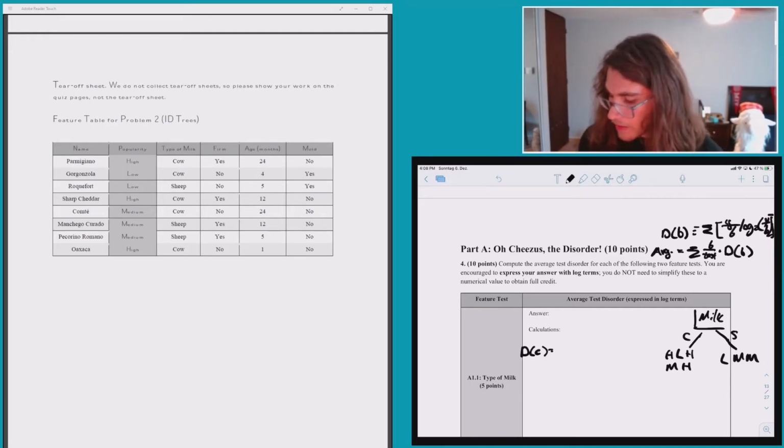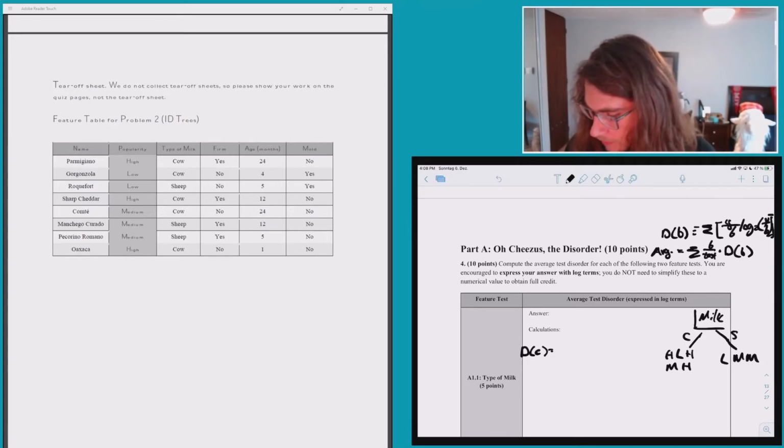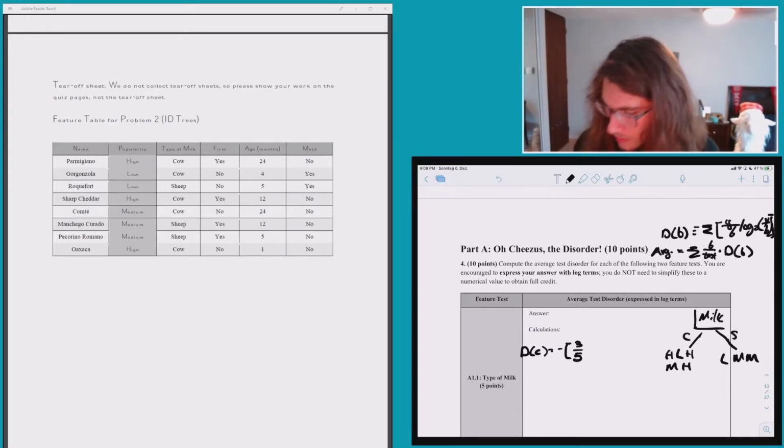So if we're calculating the disorder of the branch cow, we have, I'm going to start with high, 3 points in class H over 5 points in that branch, and then log base 2 of the same fraction,